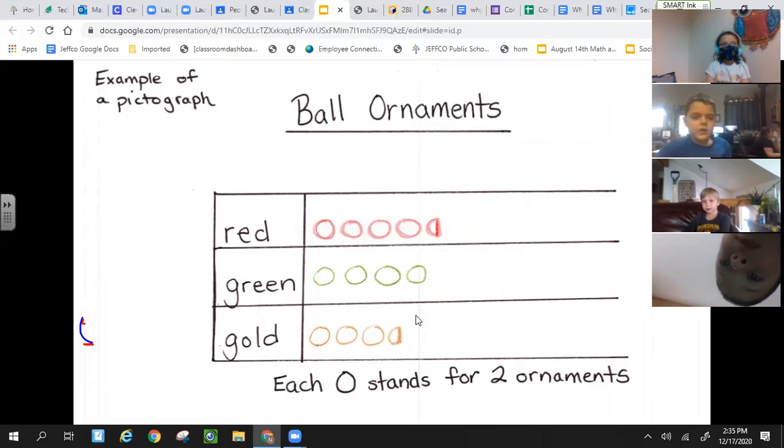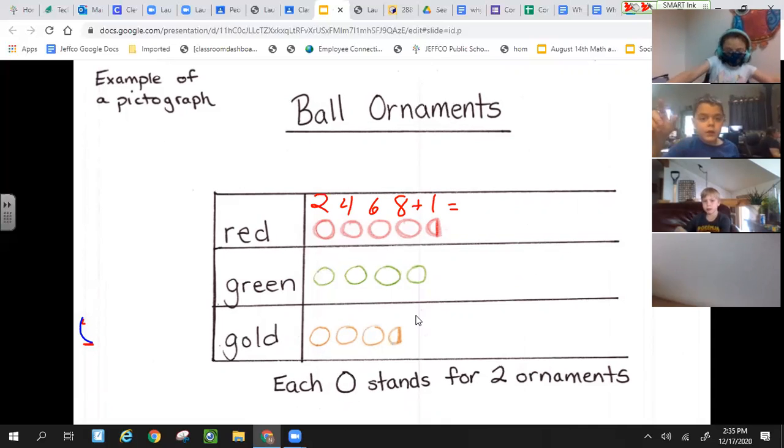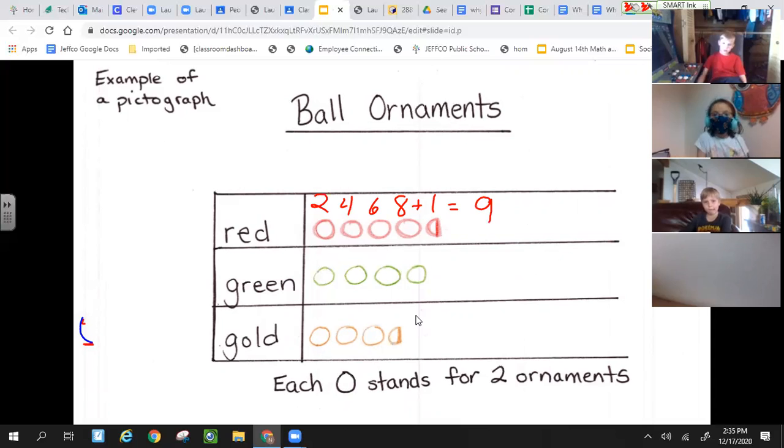Because you have to add one more after 8, because 2, 4, 6. So half of 2 is 1. Yeah, I have 9 red ornaments, so I need to make sure I don't do a whole one because then it would say 10. If each one of these represents 2, let's count and make sure I did it right